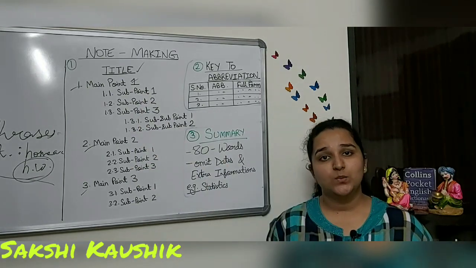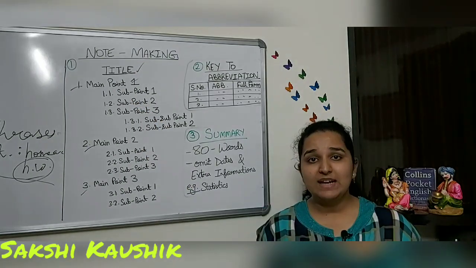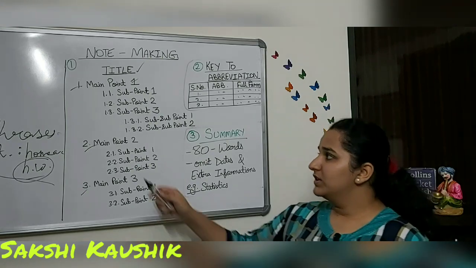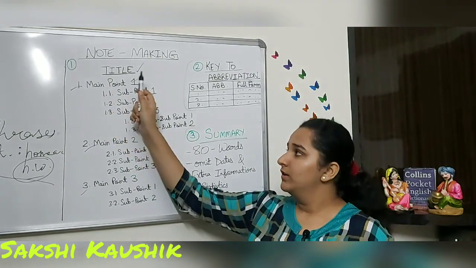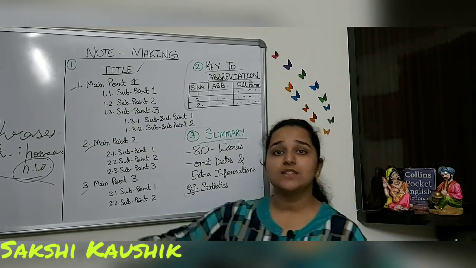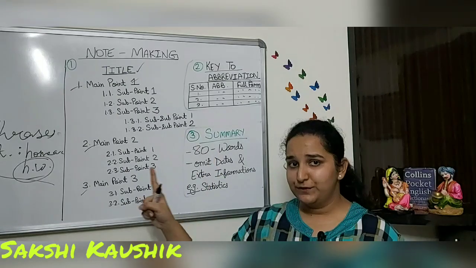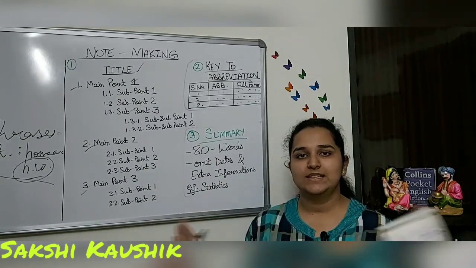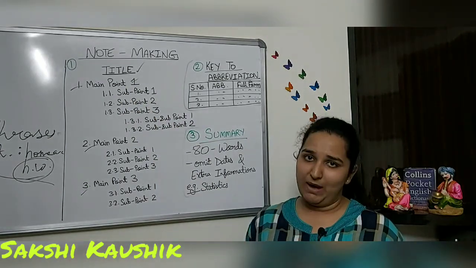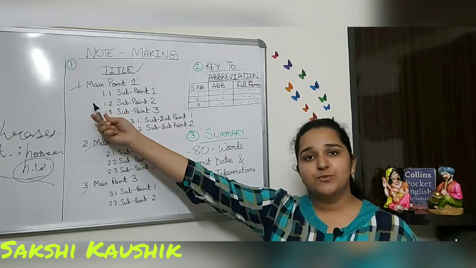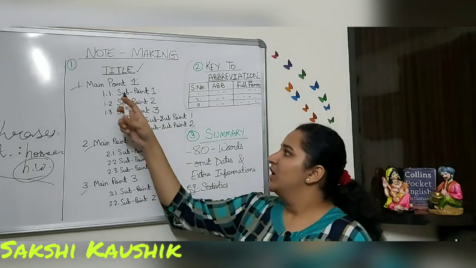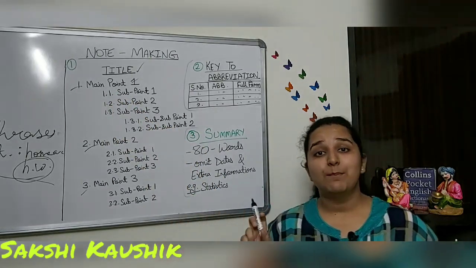So our main point number 1 was clarified. Main point number 1 can be for school routine of Dora, right? So here we can write school routine. Instead of writing Dora's school routine, we will write a phrase that is school routine. That's it. Title, we have already given Dora's life. So of course, everything we are discussing is about Dora. So here we can just manage by writing school life. Done.